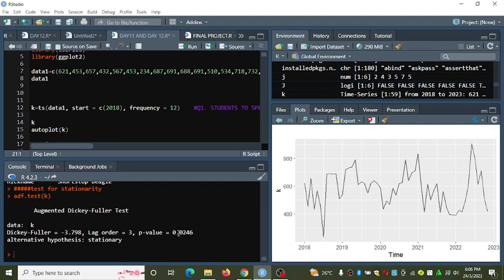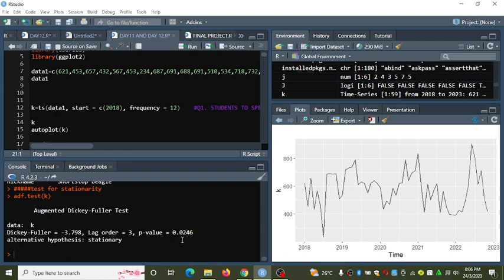So what do we do? We reject the null hypothesis if the p-value is less than alpha, and fail to reject if the p-value is greater than alpha.